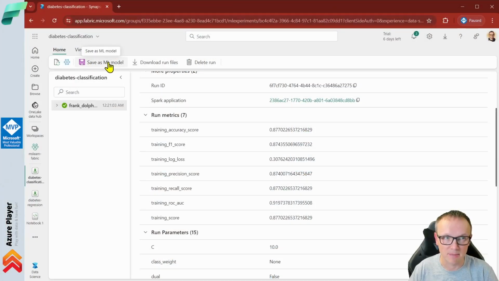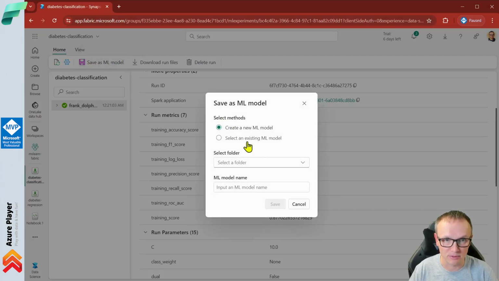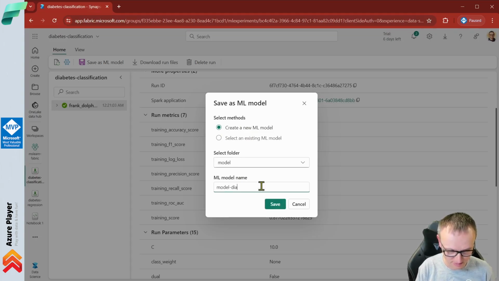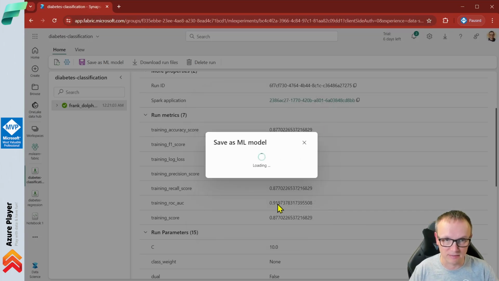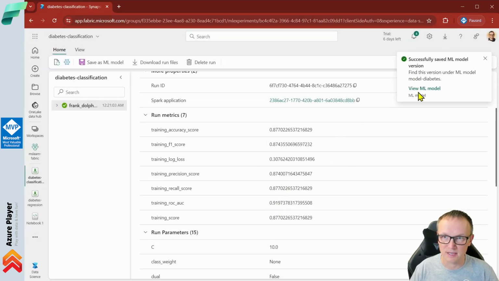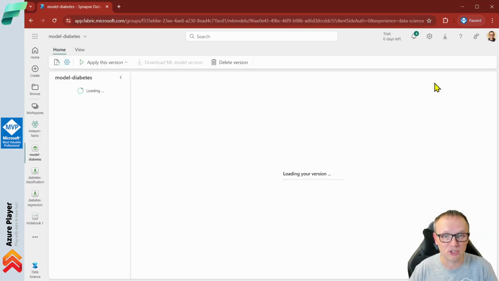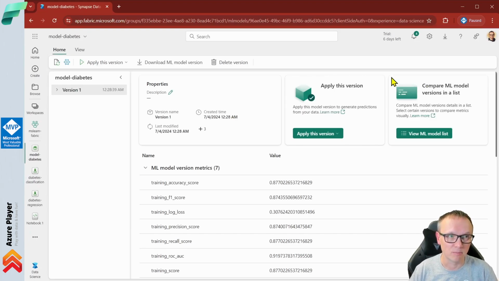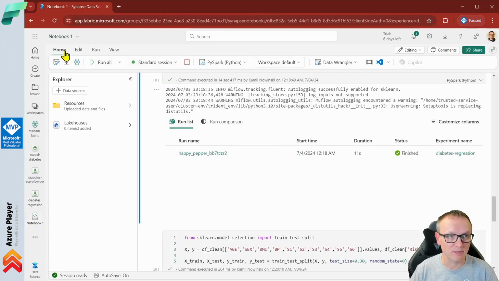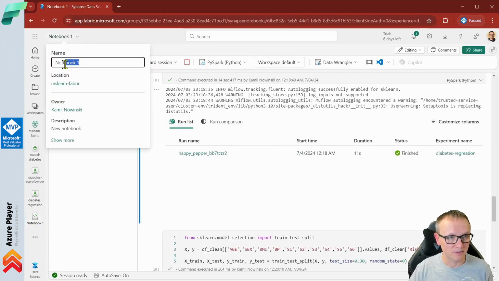Select Save as ML Model on the top ribbon. Create a new ML model, select the folder Model, and let's name it Model Diabetes. And click Save. When it's saved, we can click this link View ML Model from the notification, and our model is loaded in this window. At the end, let's save our notebook, rename it actually, and